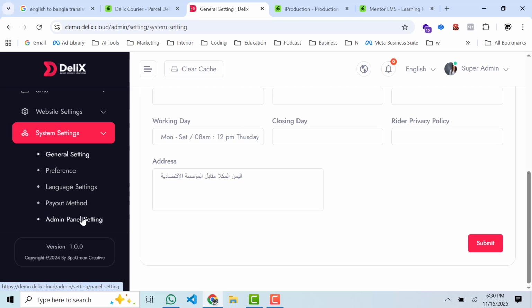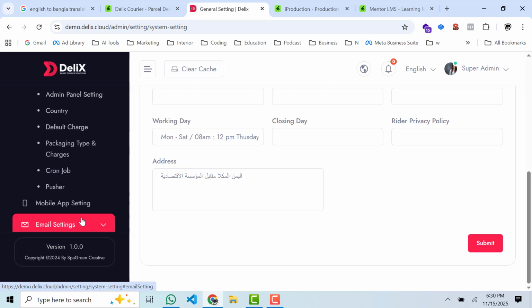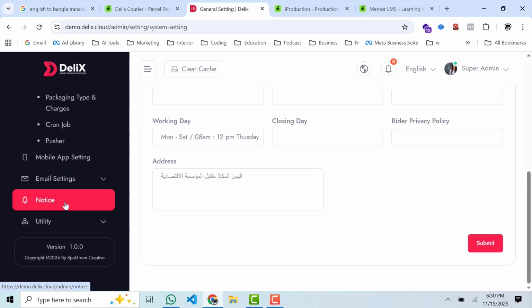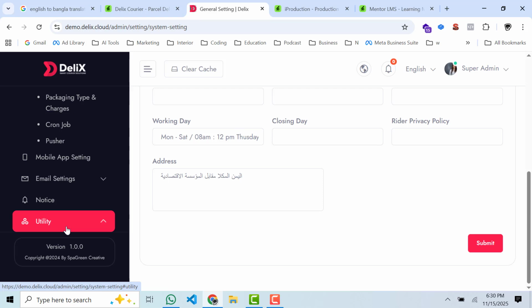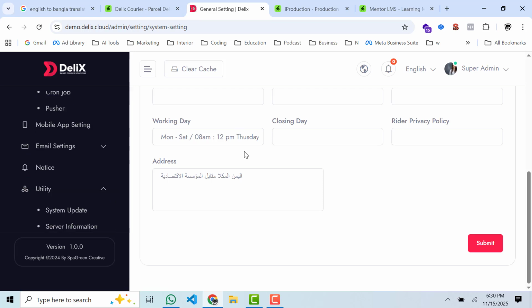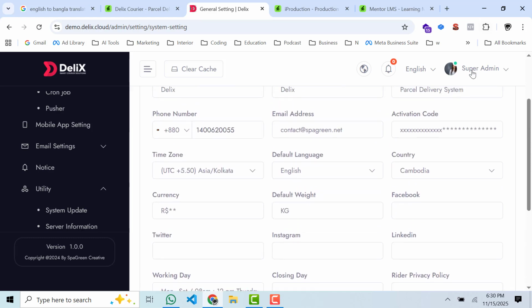Language, layout method, admin, so many options. Cron job you can all customize. Mobile app settings, email settings, notice, unity, system updates, system information. You can customize your profile,